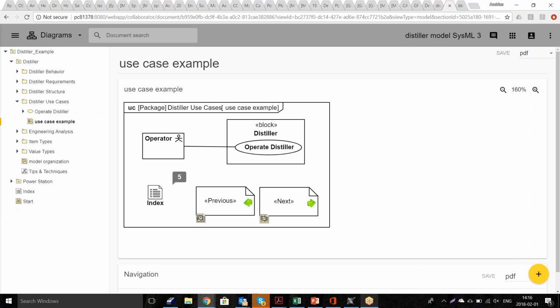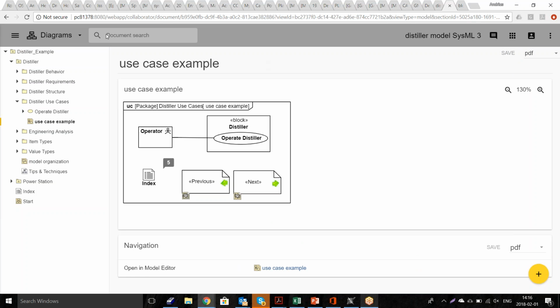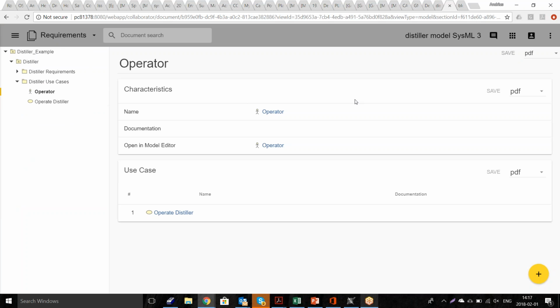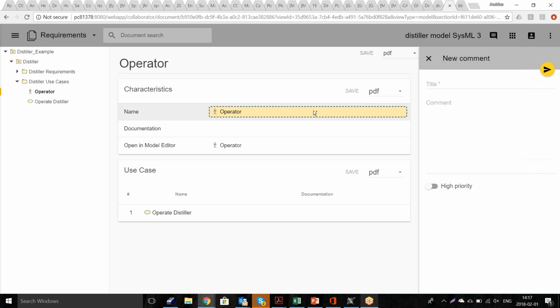Okay, so probably I need to show you the commenting functionality. Let's go first to the requirements part. And here we can create comments just like in the old collaborator. Simply the button is here. It's called a FAB, frequently accessed button. You just click on that one, and you can choose the target for the comment. You can click on that one and say, well, name this